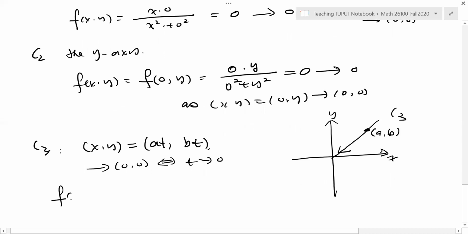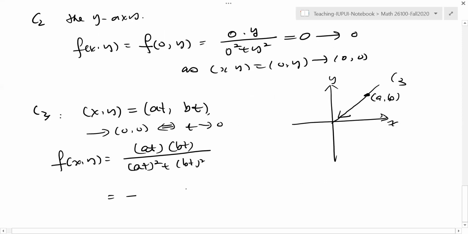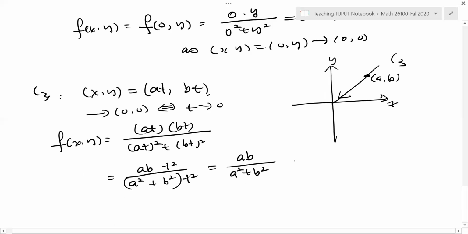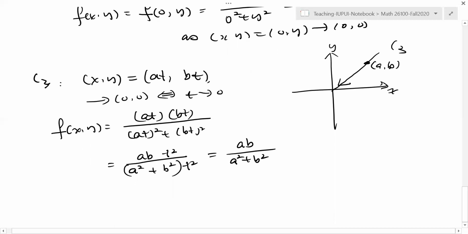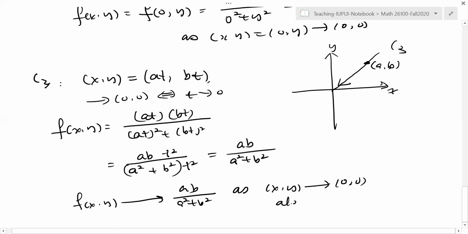All right, so let's take a look at this. At is x, and bt is y. So we have at times bt over (at) squared plus (bt) squared. Let's simplify. It's going to be ab t squared over a squared t squared plus b squared t squared, so I can take t squared out. What I get is just ab over a squared plus b squared. So that is the limit along this approach. So you can say that f of x, y approaches ab over a squared plus b squared as x, y approaches 0, 0 along